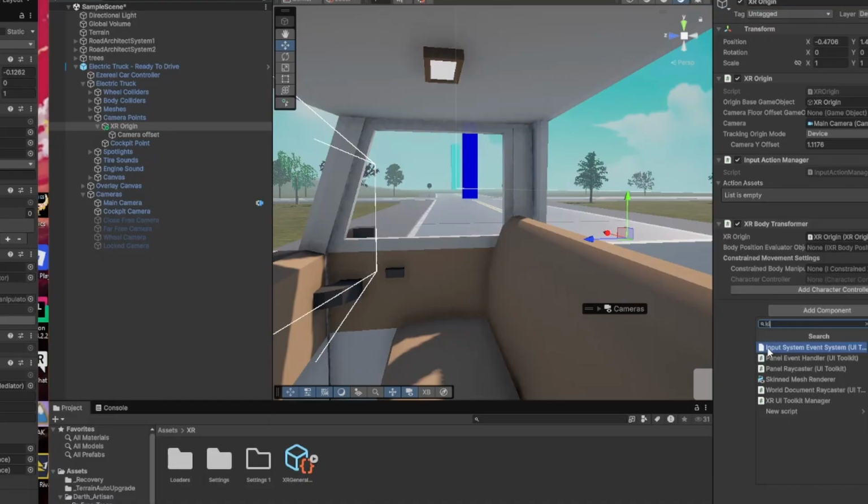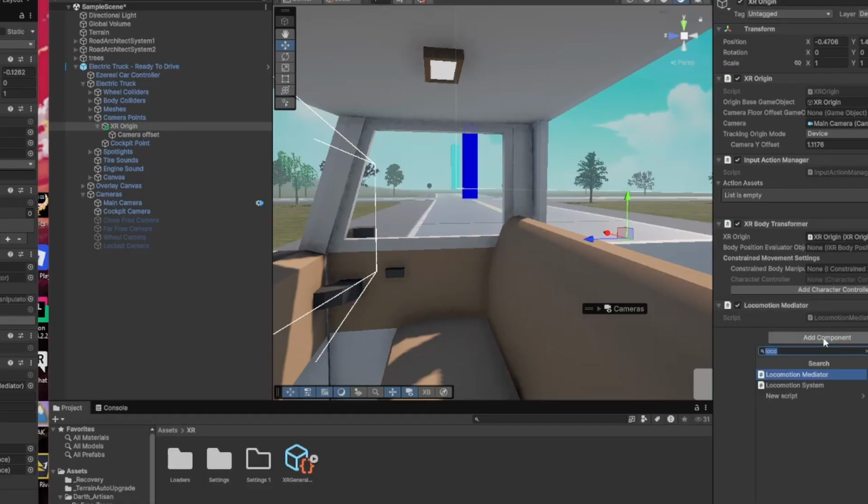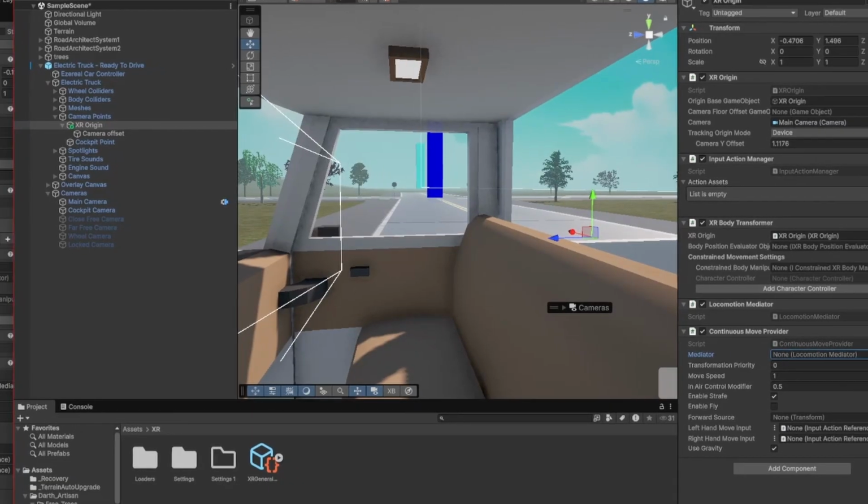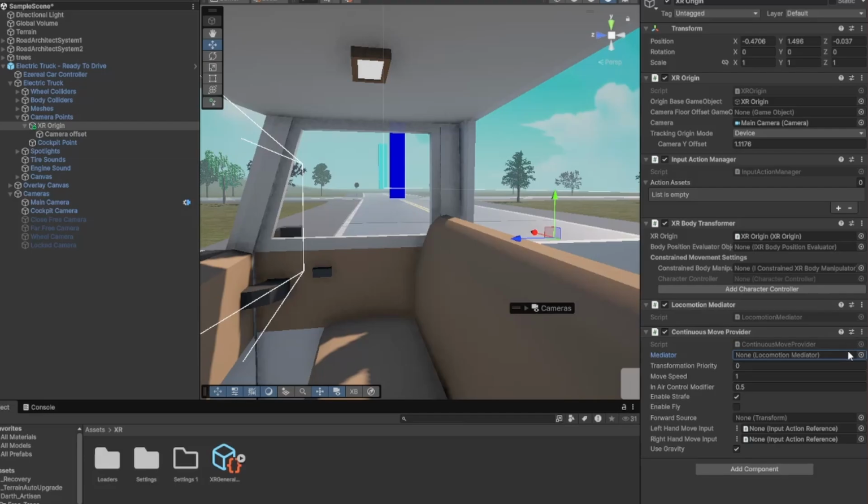I'm going to do locomotion mediator, and continuous move provider. And just choose XR origin right here. Forward source to cockpit